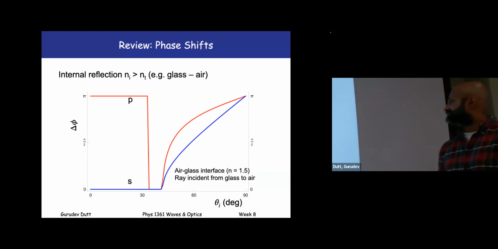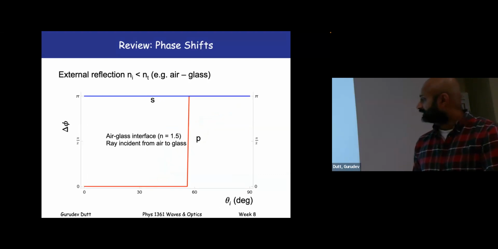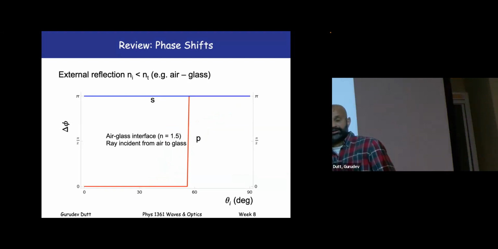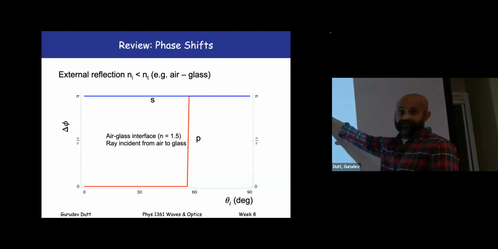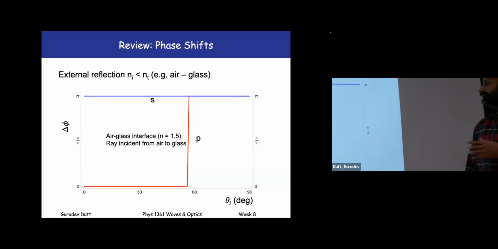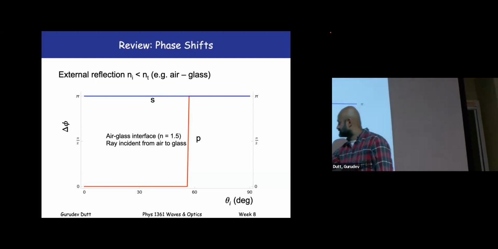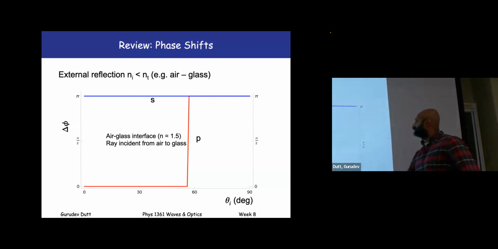Okay. And similarly, we can have here, so again, RS is lesser than 0. Sorry, one slide earlier, RS lesser than 0, RP greater than 0 up to the Brewster angle, and then after that they both become lesser than 0, and that's what this graph, this phase shift, is showing you. So between these, in this angle range, the two of them have opposite phase, and then over here they have the same phase,